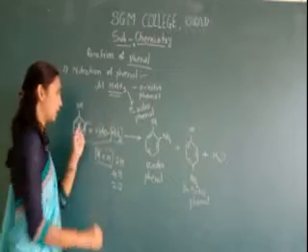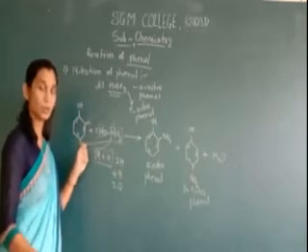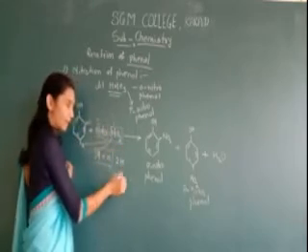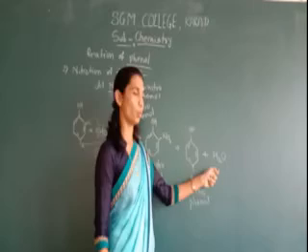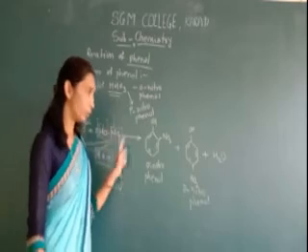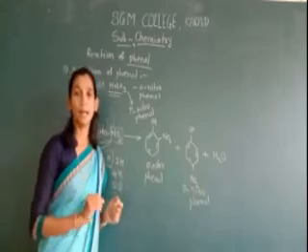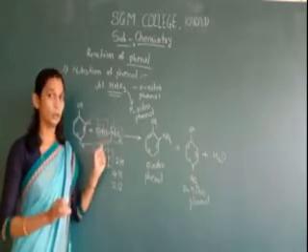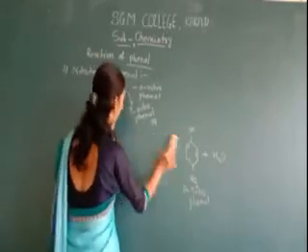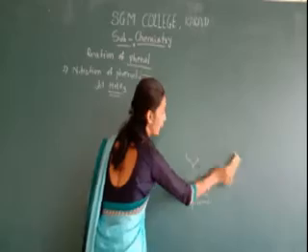What happens? One NO2 attaches at the ortho position, and the second molecule attaches at the para position. When they attach, one hydrogen is released and it combines with the OH to produce H2O. Very simple reaction. If you want to get full marks, then repeat and try to solve these reactions. This is with the dilute nitric acid.